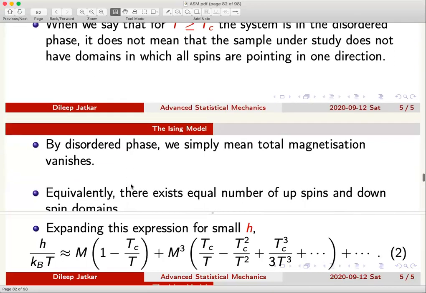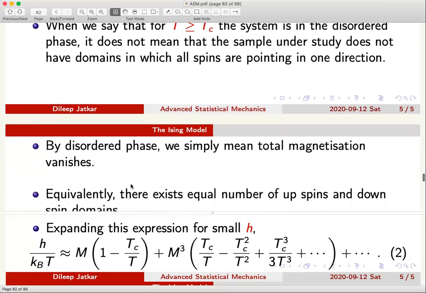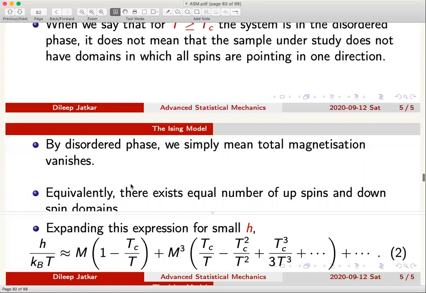Compare this with the domains that I talked about within the ferromagnetic system. While the domains in the paramagnetic state would be small in size, the domains in the ferromagnetic system are reasonably large in size. Although if you are working in the thermodynamic limit, or with a very large system, these domains may still be much smaller than the total size of the system. But the size of the ferromagnetic domains is much larger than the size of domains inside, say, the paramagnetic state.